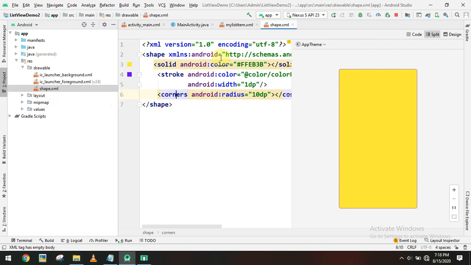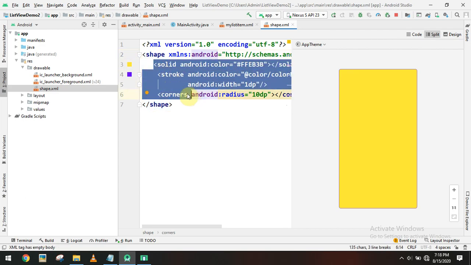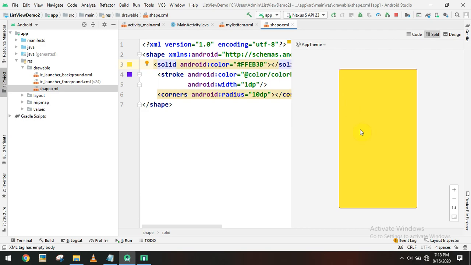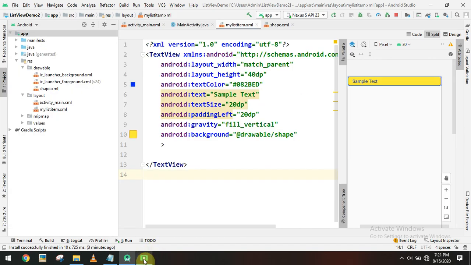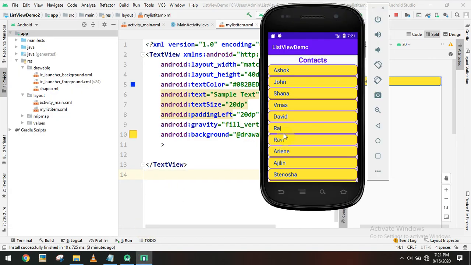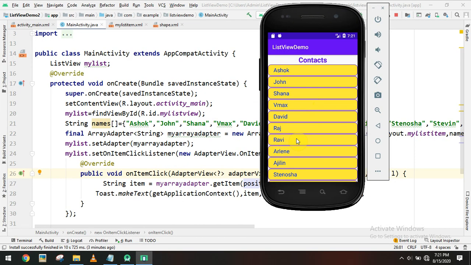Inside the shape.xml file, we have to use a shape root element, and these are the tags: solid for background filling, stroke for the border color and border width, and corners for the rounded corners. So that's all about creating a list of items. Hope you can understand the list view concept. Thank you for watching this video.